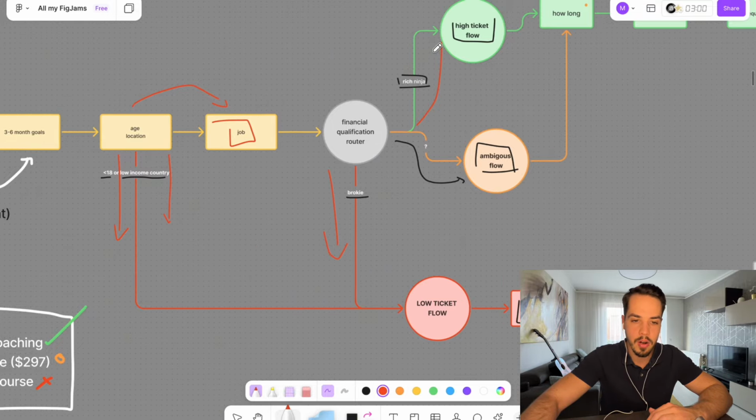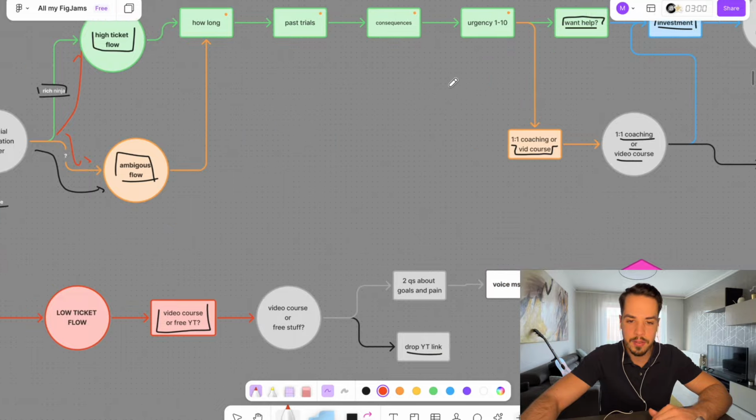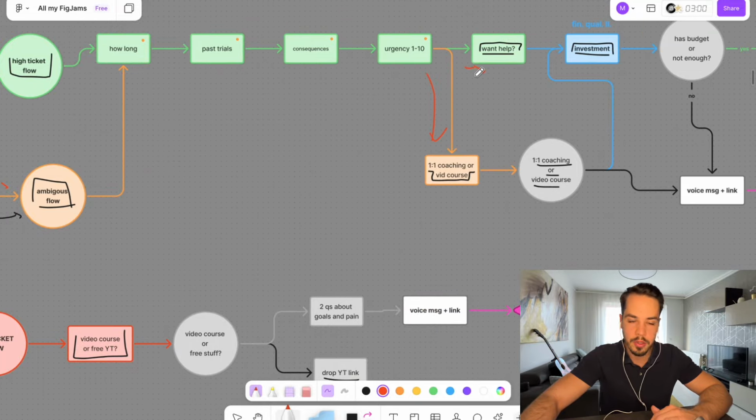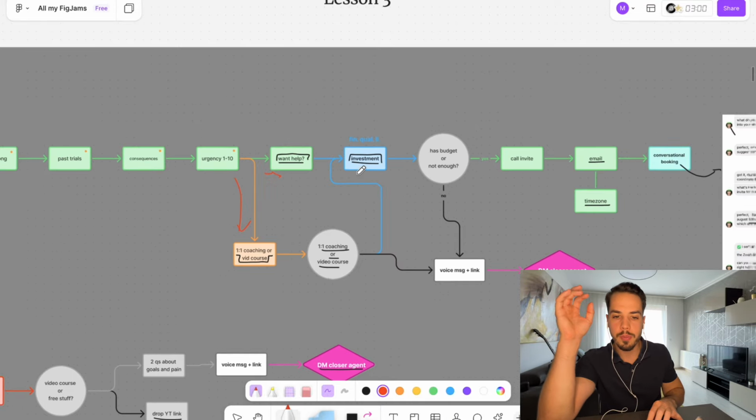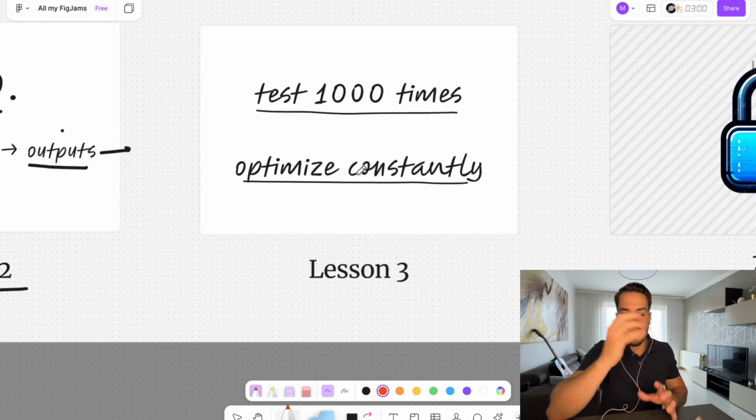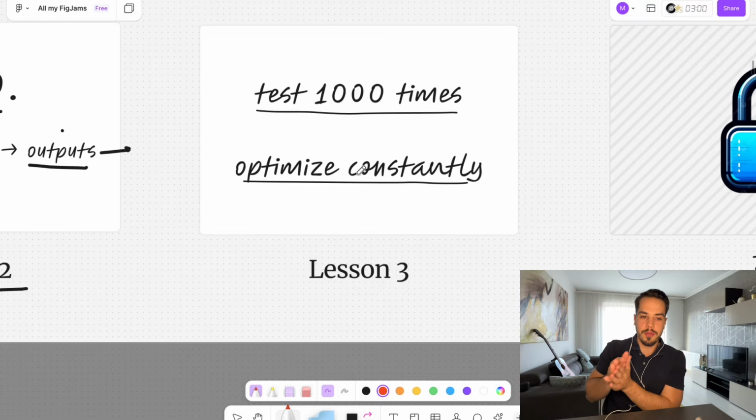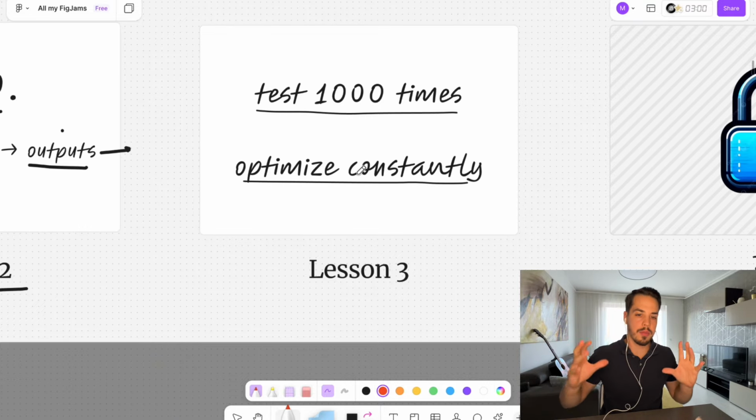So every single scenario I will have to test, and as you can see, there's so many different variations and possibilities with all these different routes that when you build your own AI agent, if you want it to work well, you have to test everything 1,000 times to make sure.